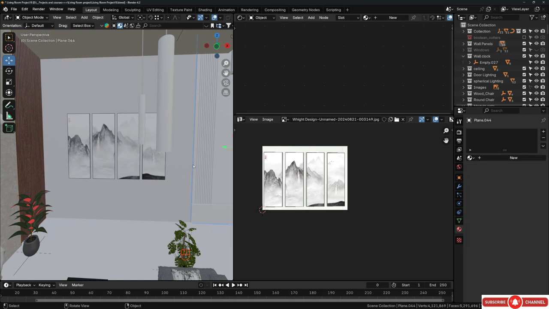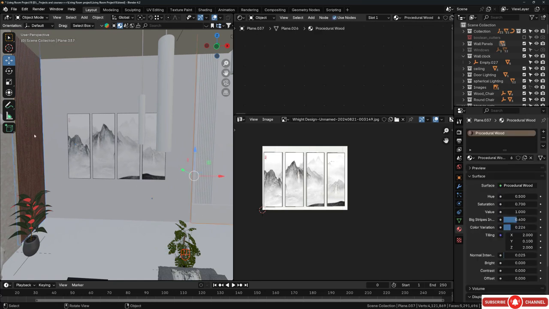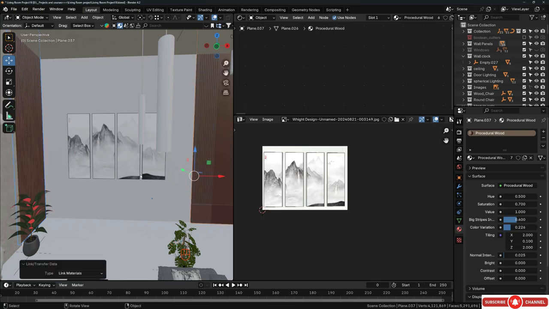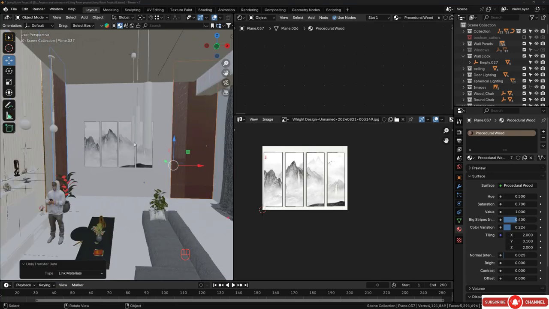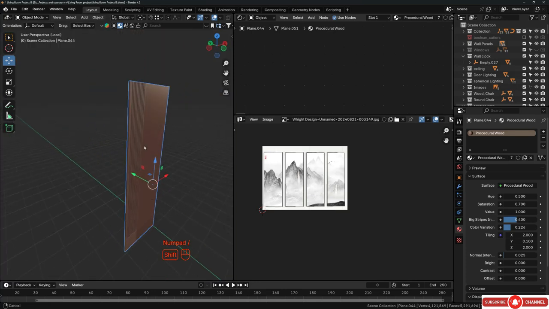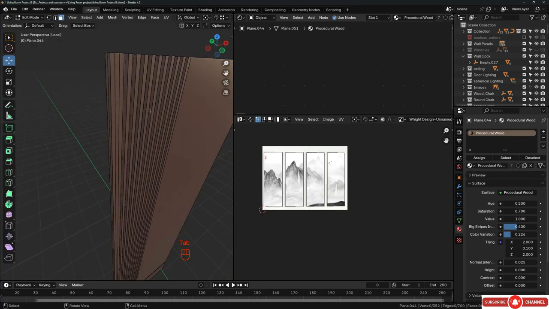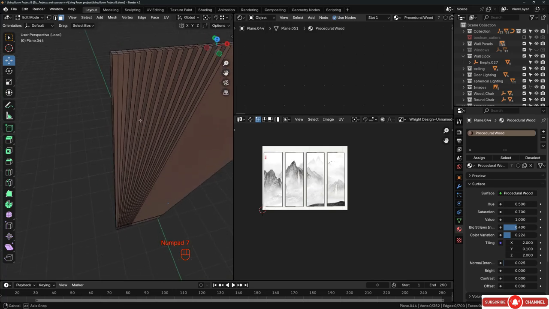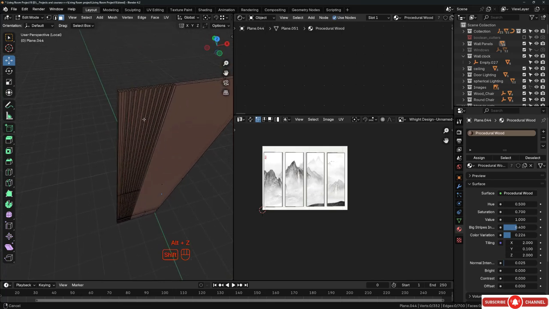All right, this panel, the same scenario. Grab it, hold shift to grab this, Control L, and choose linked material. And grab this piece, go to the local, and let's tap to go to edit mode, and let's do the same thing. All right, what we will do is